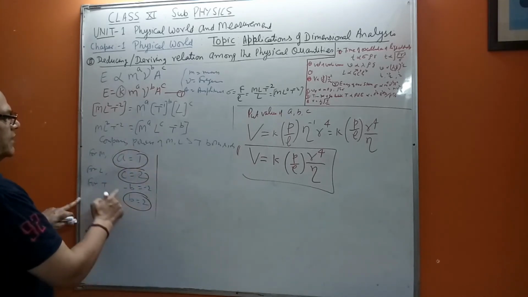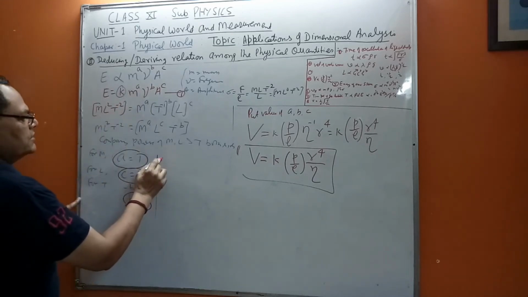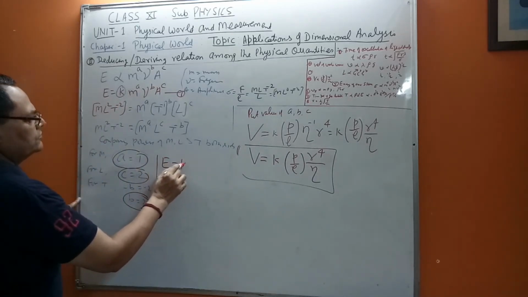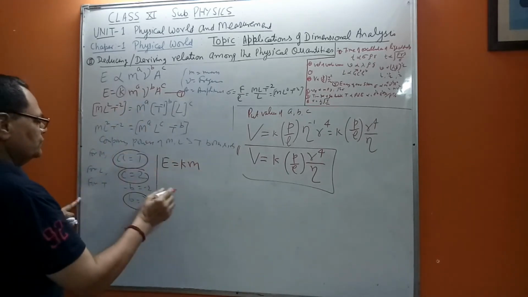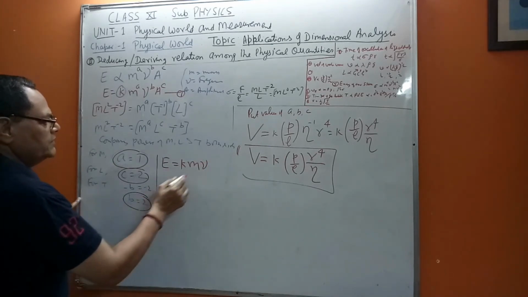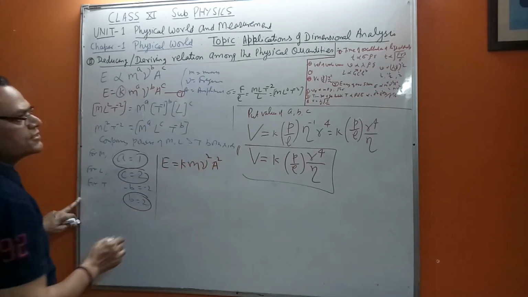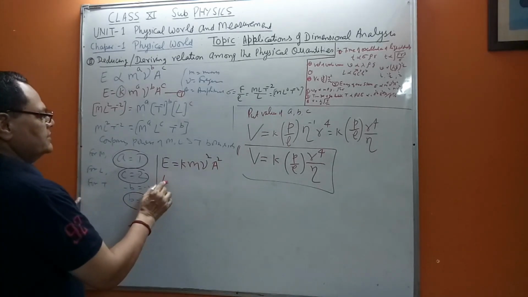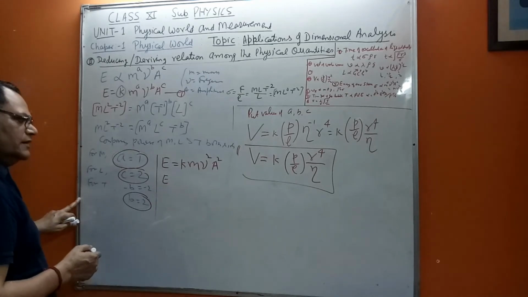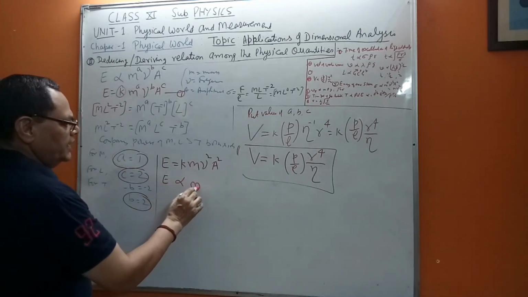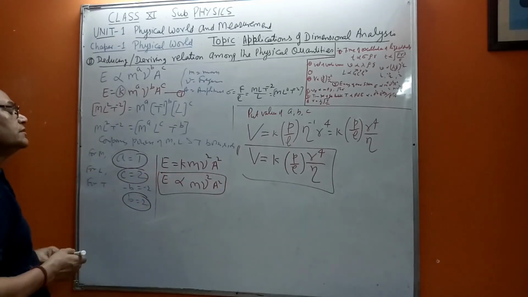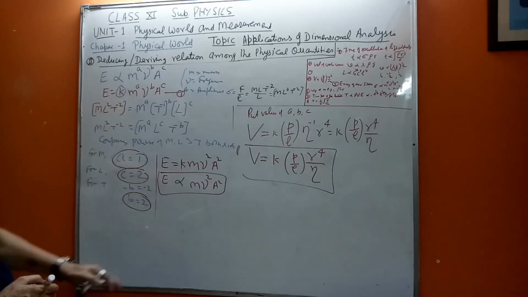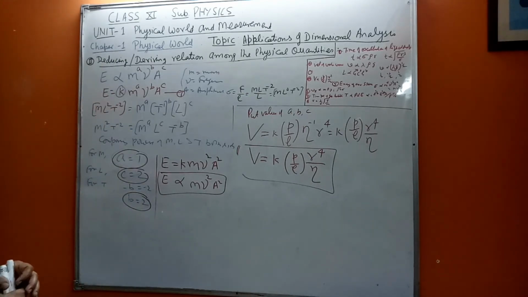So when you substitute these powers of a, b, c in equation 1, you will see E is equal to constant, m raised to power a is 1, so we don't write it. Now nu, the frequency, power b means 2, and the amplitude, c, that is 2. So it's very clear that the energy of any oscillating particle in SHM is directly proportional to m nu square a square. So this is the relation. It was asked in a competitive examination. Clear? So this way we can try many questions.